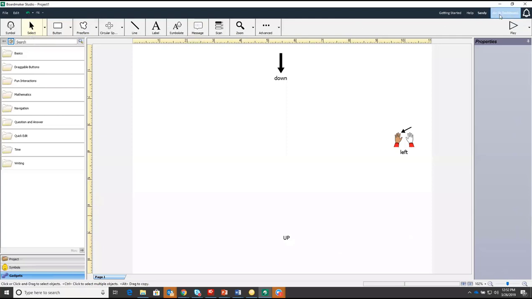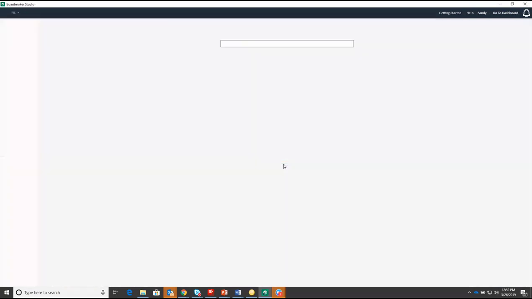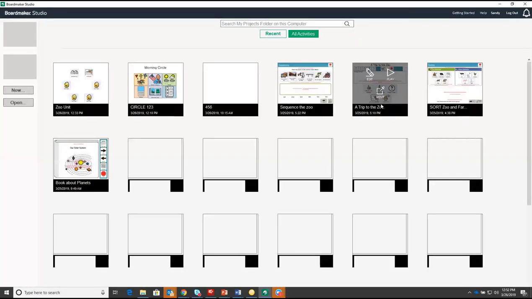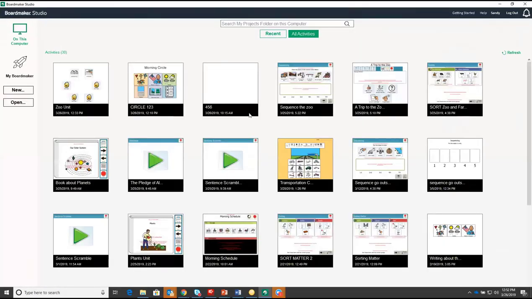I'm going to go back to the dashboard and let's take just a minute and talk about associated Boardmaker Online account. So we can see the activities that we've looked at today, that zoo unit that we made. And remember, when we're here on this computer within Studio, we can see